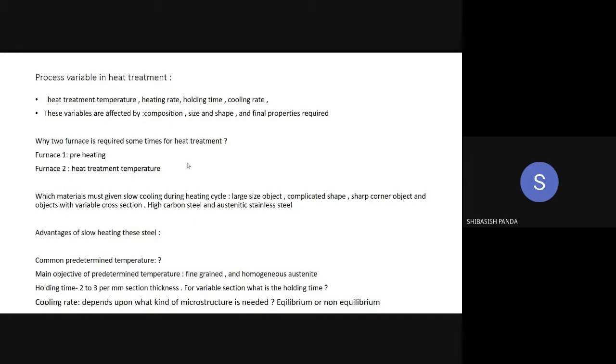different furnaces. Another important point is what? Sometimes to get a homogeneous structure, okay, I will tell you that later. So these are the two important points. So how can that be justified? How can that be justified? That can be justified because